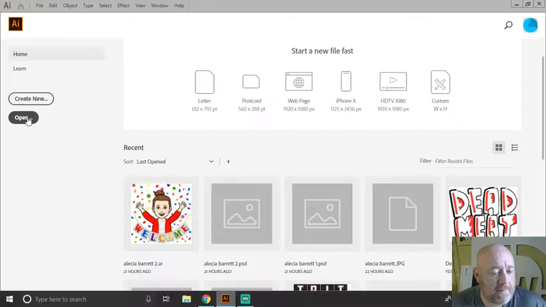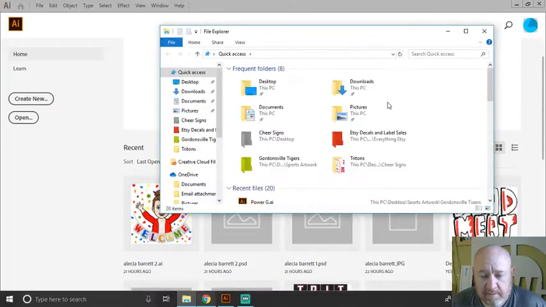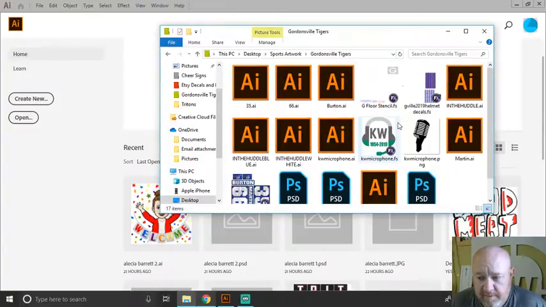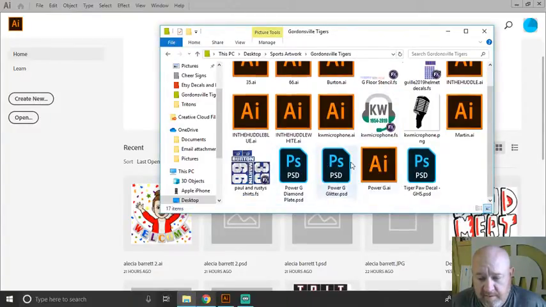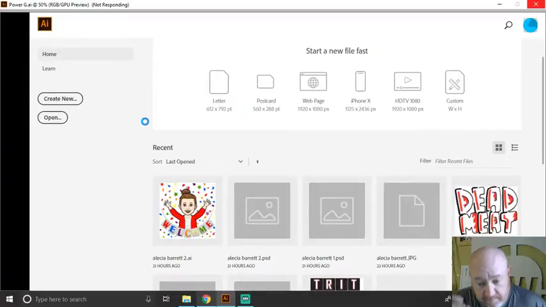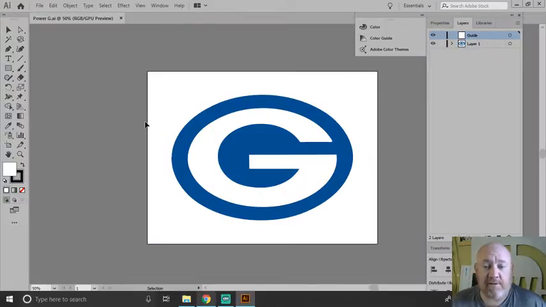I'm going to try to hit open here. And I'm going to go to this artwork here. And we're going to get the power G. I need that in AI, so right here, we're just going to drag this in. Let me just open it up here. Like I say, we're just testing, and basically what I want to do is explain to Brad Sykes kind of